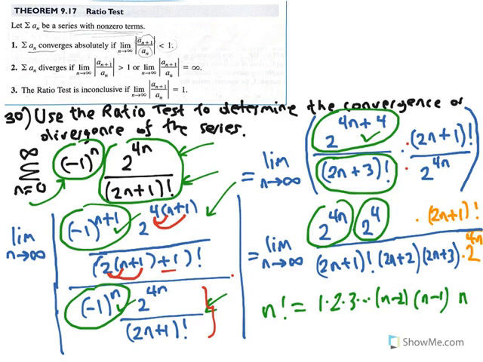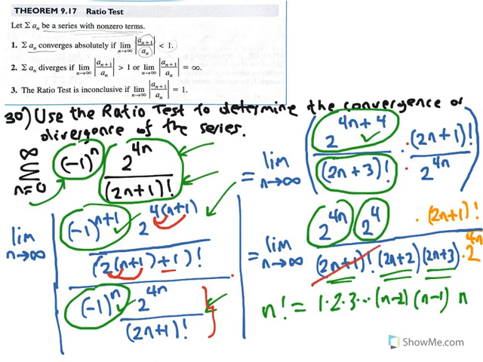So 2n plus 3 factorial is 1 times 2 times 3, and you go all the way to 2n plus 3, but what's 1 less than the integer 2n plus 3, 2n plus 2, and what's 1 less than the integer 2n plus 2, 2n plus 1. So 2n plus 3 factorial can be simplified to be 2n plus 1 factorial times 2n plus 2 times 2n plus 3. And of course this helps us because now we can cancel the common factors of 2n plus 1